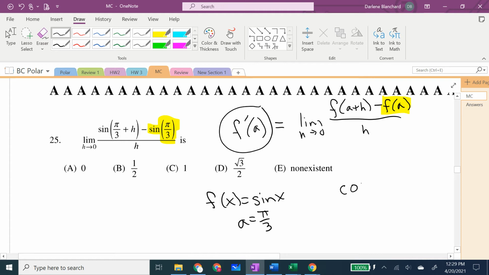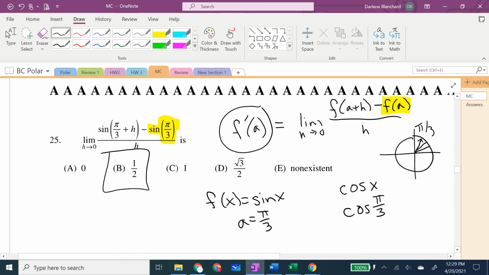Derivative of sine is cosine, pi over 3. Little unit circle thinking, pi over 3 is the steeper of all of these. X coordinate is 1/2. Now, you could